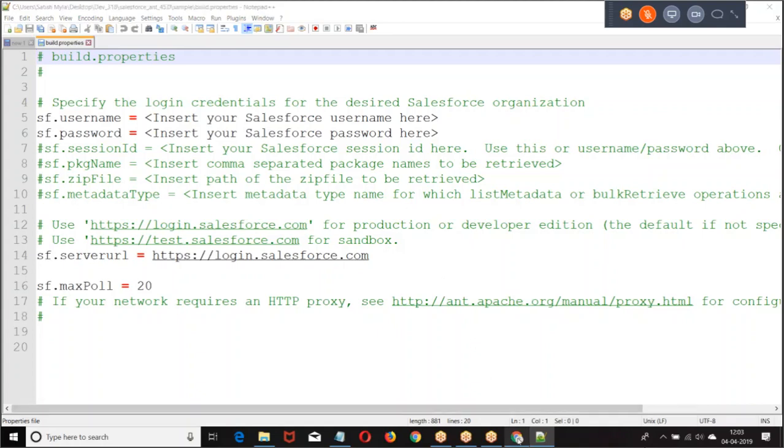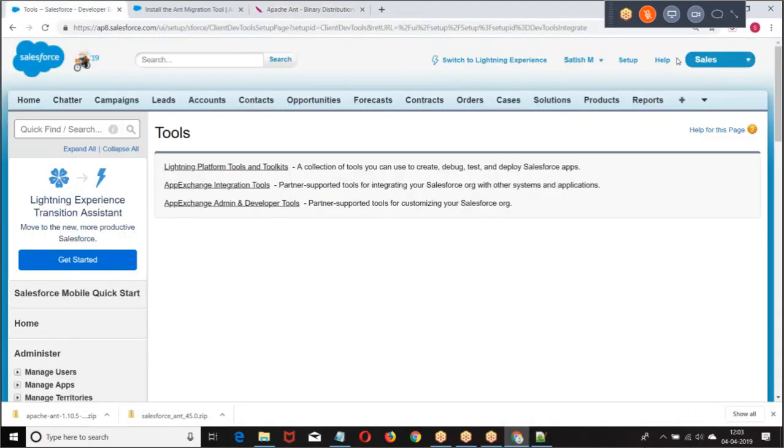So what I will do, I will change the password first. Let me change my personal password to your password.